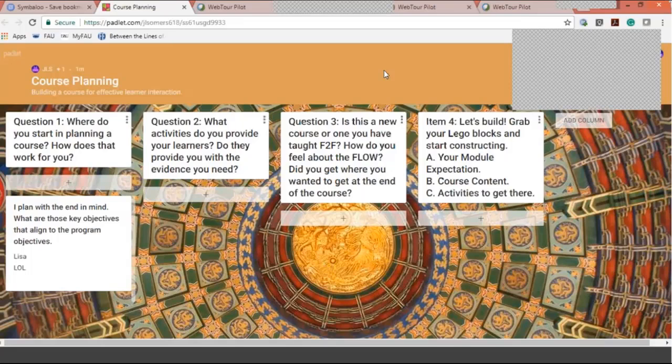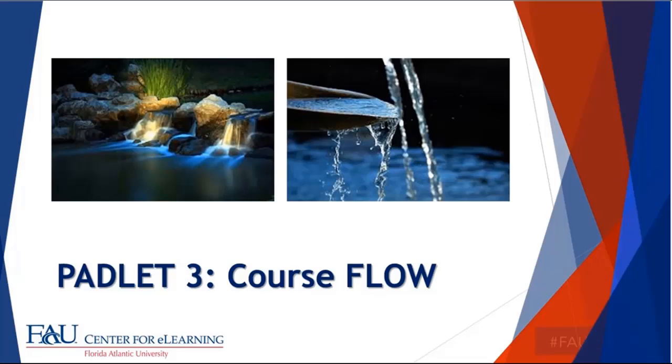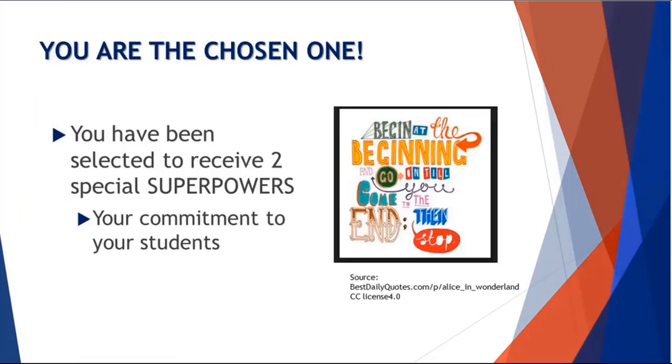Does it accomplish what you need it to accomplish by the time of the ending of it? Okay, so here's what I'm going to do. I have a gift. I actually have 2 gifts for you. You are the chosen ones. You have been selected to receive 2, not 1, but 2 superpowers based on your commitment to your students,